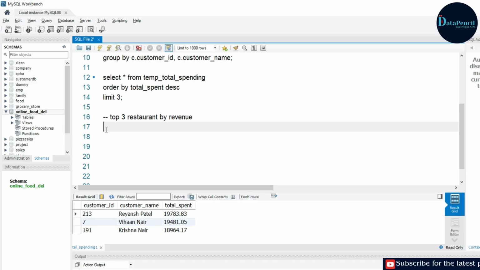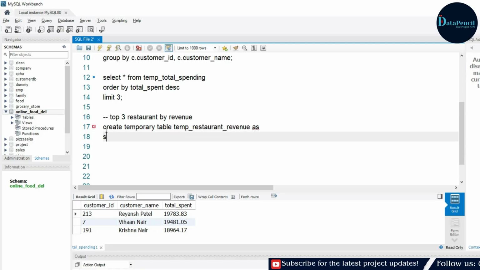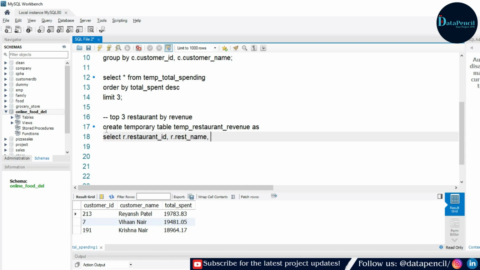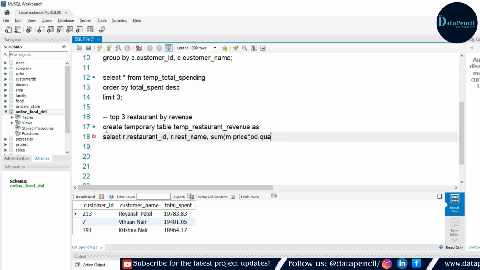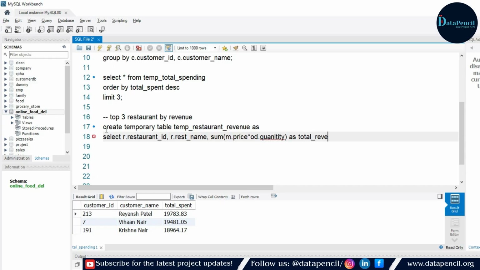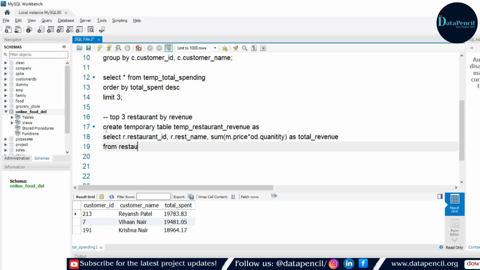Firstly, we are going to create the temporary table. So for that, we have to write create temporary table, and the name is temporary restaurant revenue. As now we have to provide our code. So select restaurant ID, restaurant name, and the sum of price with the quantity as total revenue from the restaurant table,